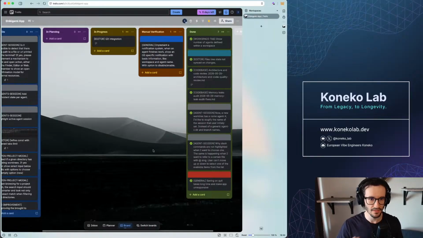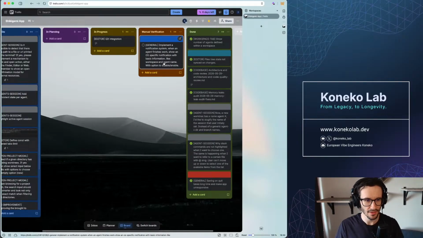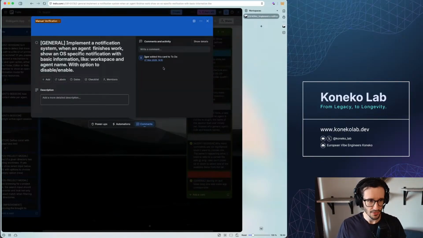Let's look at the state. So a few things are done already. Manual verification, I checked that yesterday. Notification system, it works on macOS for sure.